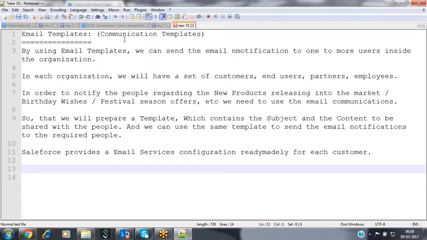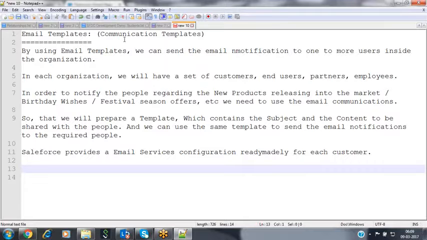So, to notify the people, Salesforce has already configured some ready-made email templates for you. Those email templates we can access and send as notifications, because if you want to share similar information with the people, then you can use the same template given by Salesforce.